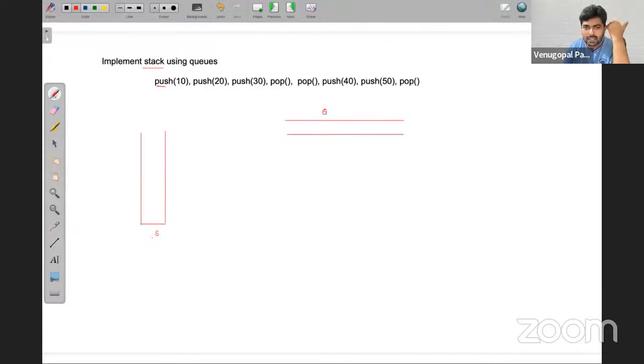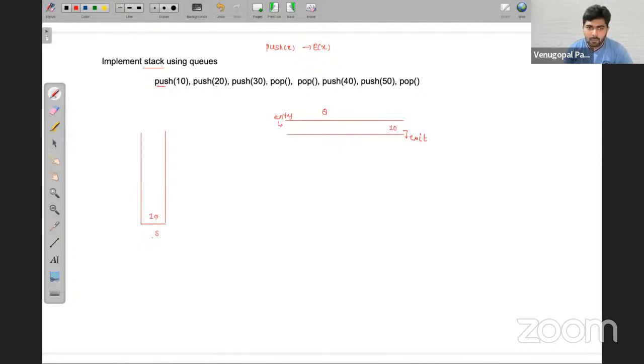Now what I will do is consider the normal push operation in a stack as the NQ operation of a queue, and let's see whether it will give the proper result or not. First I'm going to add 10, so I have added 10 to the stack. Now this is entry and this is exit. If a normal push operation in the stack is equivalent to a normal NQ operation of a queue, then this 10 will come here and go there. It is entered into the queue.